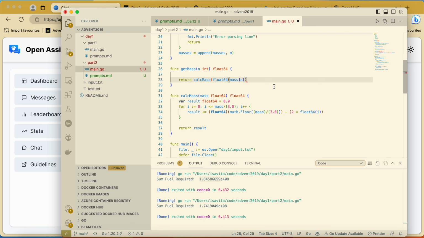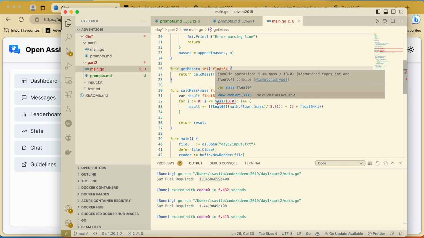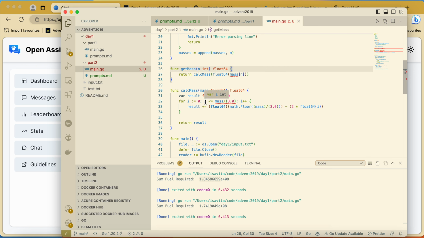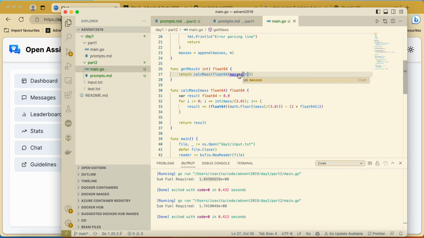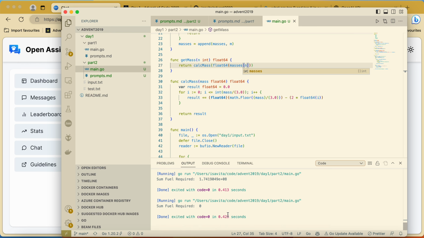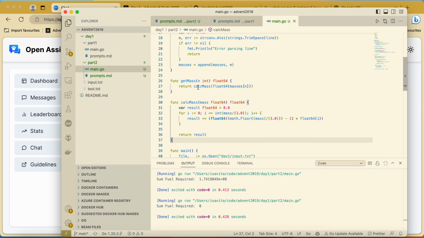Of course, it's clear that this might be written completely differently. Where is that int? Should that be int? And let's go with this way of doing it. Is it called masses? Yeah. Okay, and